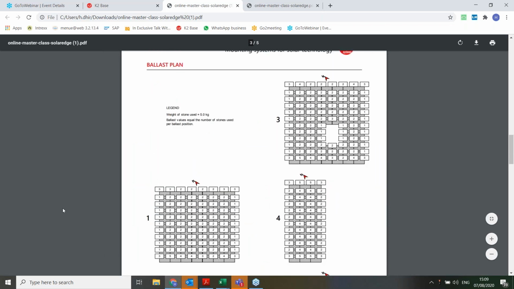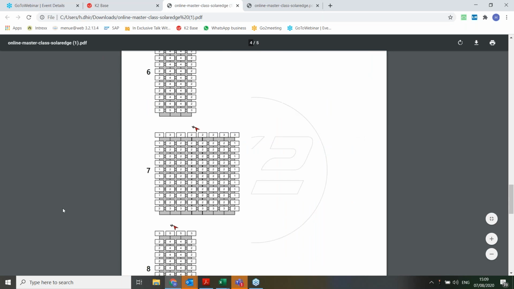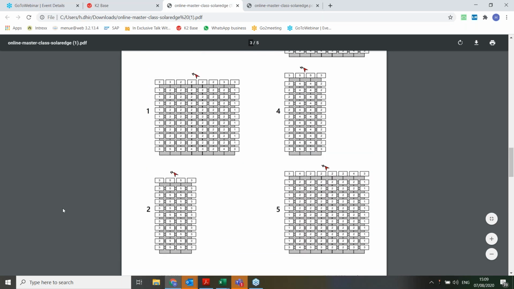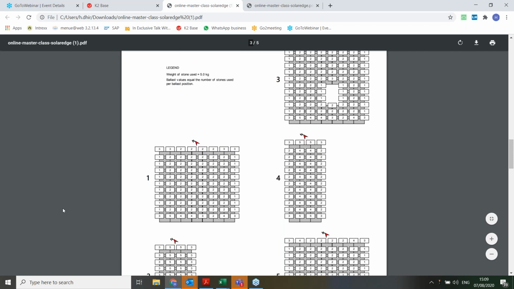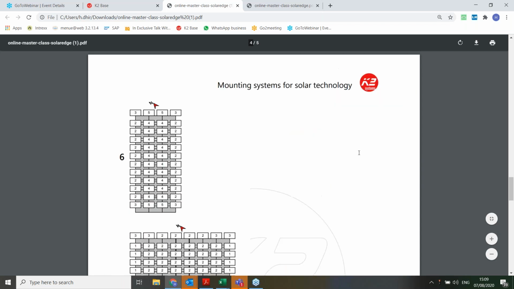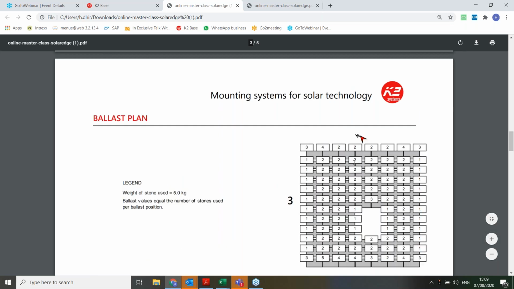So you can see this complete array, which was divided into 8 arrays, and if you assume a particular weight of each, then it also gives you how many pellets you need to put on each array. For example, here it is showing the numbers as well.